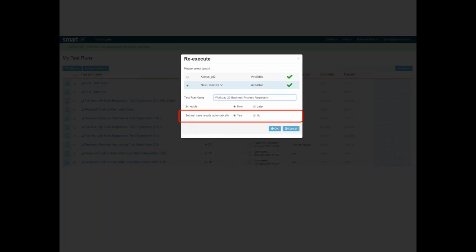One of the newest features that we've just released, which is really, really exciting, is that you can actually set your test case results automatically. What this means is that if I re-execute my test case, it will look at the results that I got the last time. And when I mean results, I mean not just if it's passed or failed, but the actual steps that the business process has gone down through and the individuals or security groups that have actually done those steps within each business process. So if I set my tests to automatically do the results,